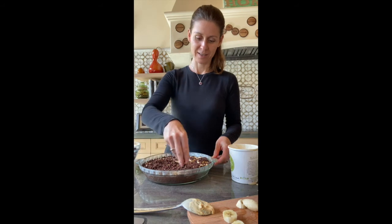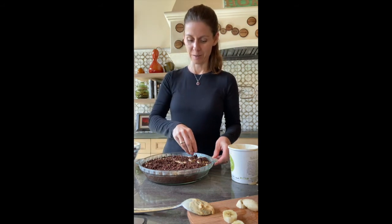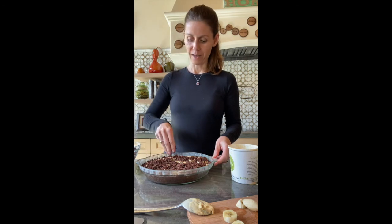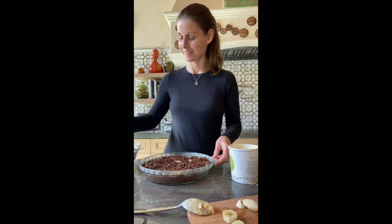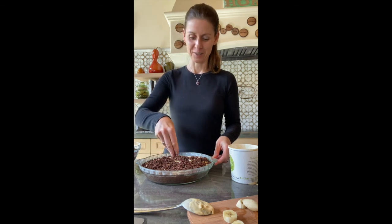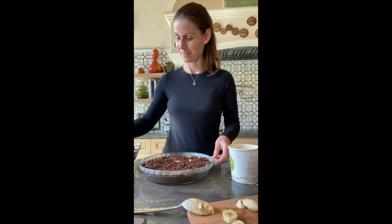Handcrafted ice cream pie using the best ingredients, nothing artificial ever, all egg-free, gluten-free. Ice cream pie you can definitely feel great about eating and creating beautiful memories with your friends, family,